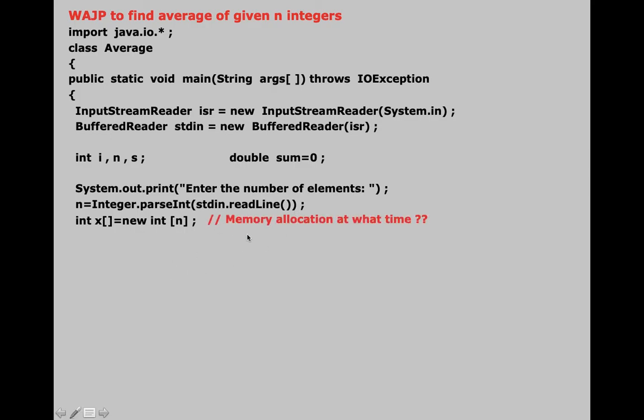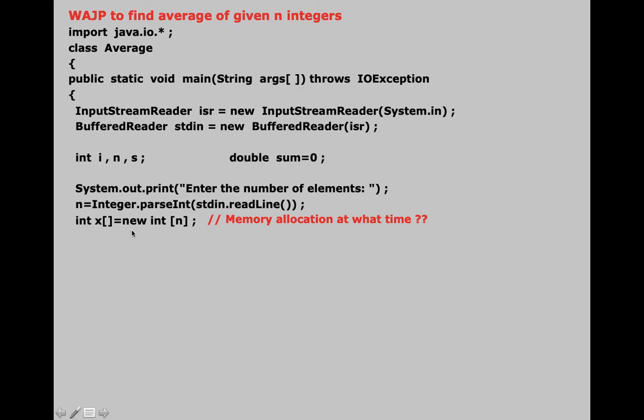Before I proceed, answer a question: memory is allocated to array at what time? Compile time or runtime? Runtime. See over here, it is very easy to figure out that memory is allocated to array at runtime. Now why did I say easy to figure out? Please understand, I am asking the user to enter the number of elements. So I will ask the user to enter the number of elements at what time? Obviously runtime, obviously during execution. So I first ask the user to give me the number of elements and then I am allocating memory to array. So obviously memory is allocated at runtime.